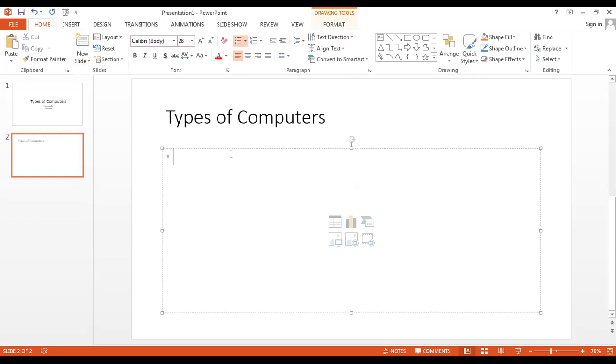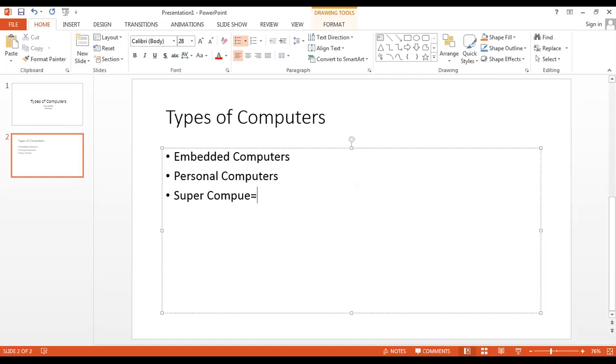And here I can write the types. For example, I can write embedded computers, personal computers, supercomputers, and mainframe computers.